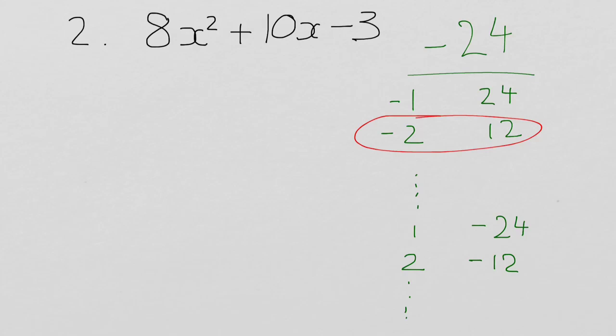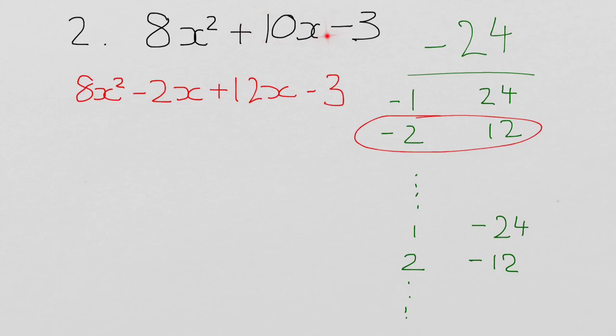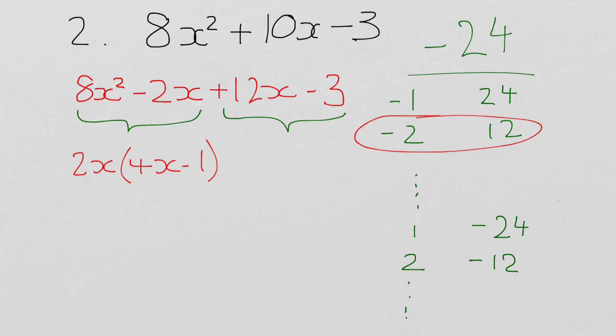You can then rewrite your original equation as 8x squared minus 2x plus 12x minus 3. You will notice that minus 2x plus 12x is just the same as plus 10x. You've just rewritten it in a different way. You can then split this into 2, and you're going to factorise each set individually. So 8x minus 2x, well, 2x goes into both of those, so we can then make that 4x minus 1